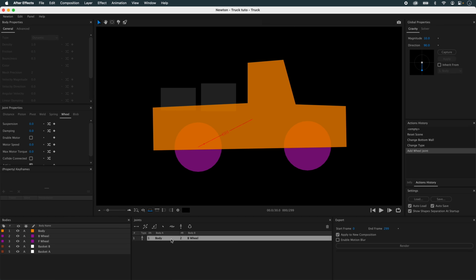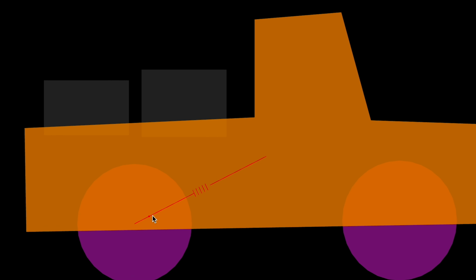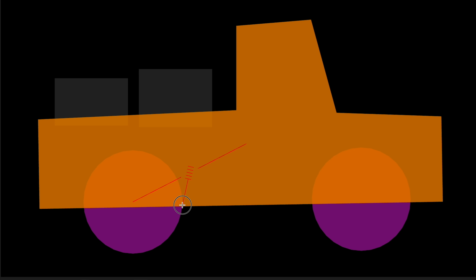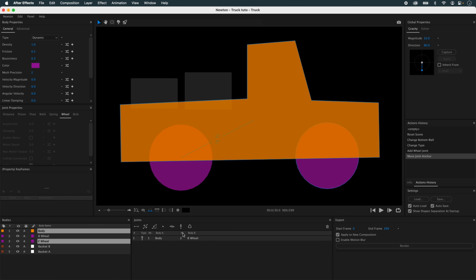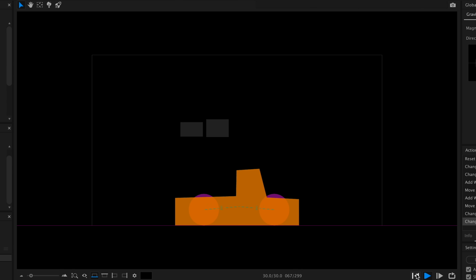And this wheel joint has one particularity. It has a direction. You can see its direction by this little handle here, which you can move using the anchor point tool. So the length of this handle is of no importance, it's just visual. However, its direction is very important, i.e., it must point in the direction of my suspension. Now, my suspension acts in this direction, the vertical. So I put this handle vertically and do the same thing next to it. And that's it. It's not bad, but you're going to say it doesn't work.